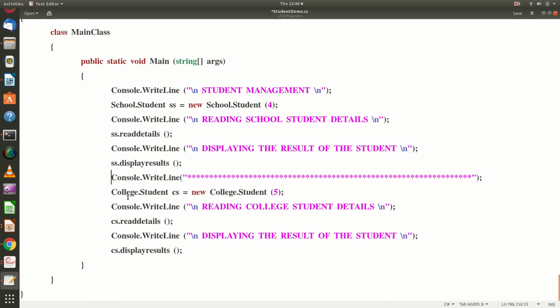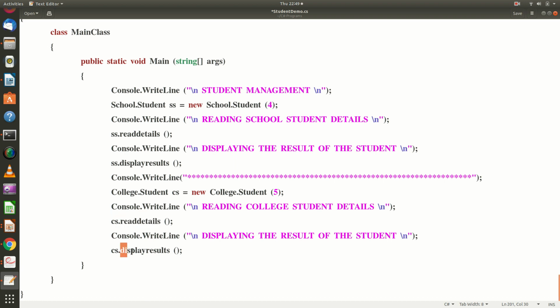The same way create a college student, and you can observe here when I create a school student I pass 4 as the number of subjects, and for the college student I pass 5 as the number of subjects. Then you are going to read the college student details by invoking the read details method.